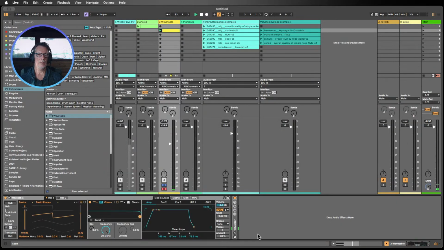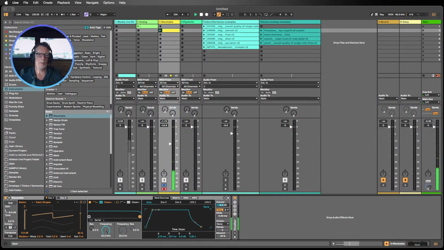So we can kind of hear where the release is quite short at the moment. So let's make a longer release. So we've got this lovely rounded, smooth sound that's perfect for something like